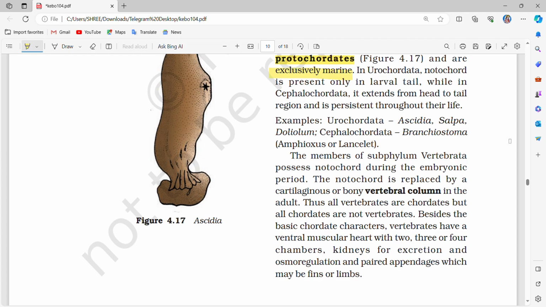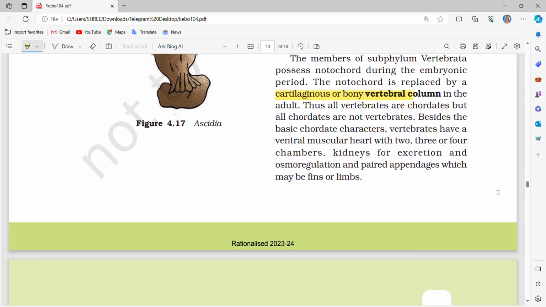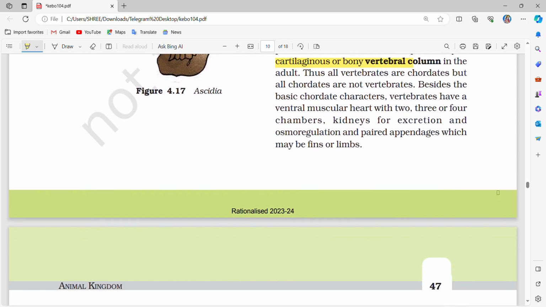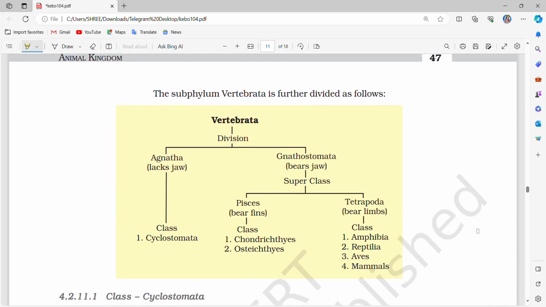The members of subphylum Vertebrata possess notochord during the embryonic period. The notochord is replaced by a cartilaginous or bony vertebral column in the adult. Thus all vertebrates are chordates, but all chordates are not vertebrates. Besides the basic chordate characters, vertebrates have a ventral muscular heart with 2, 3 or 4 chambers, kidneys for excretion and osmoregulation, and paired appendages which may be fins or limbs. The subphylum Vertebrata is further divided as follows: